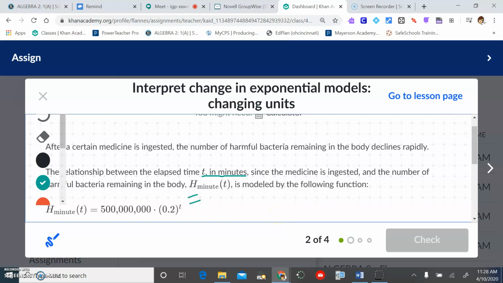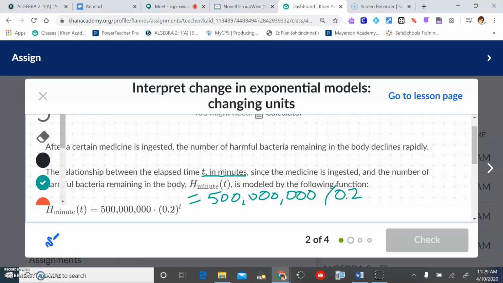So we're talking about here, this 500, I think million. I sound ridiculous. I can't read a number right now, but that's okay. 500 million times 0.2. Now, if I'm going to switch to seconds, how many seconds are